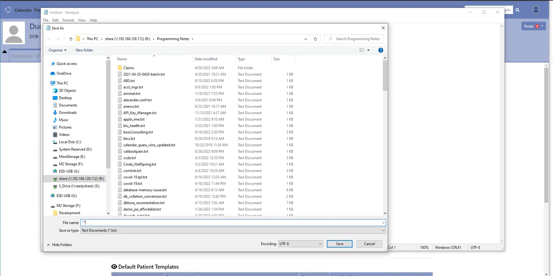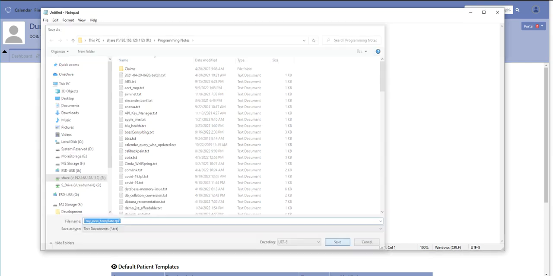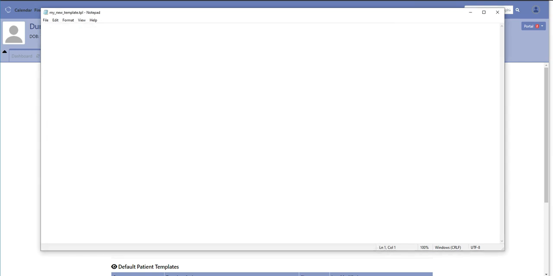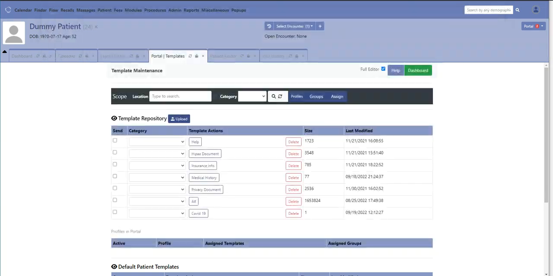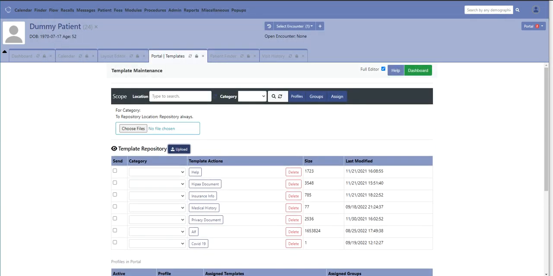put it in quotation marks. "My new template.tpl". What Windows will do is save it as a TPL and not a text file. So I can go ahead and go save, and now as you can see it is a TPL file. Then I can take that TPL file and upload it to the